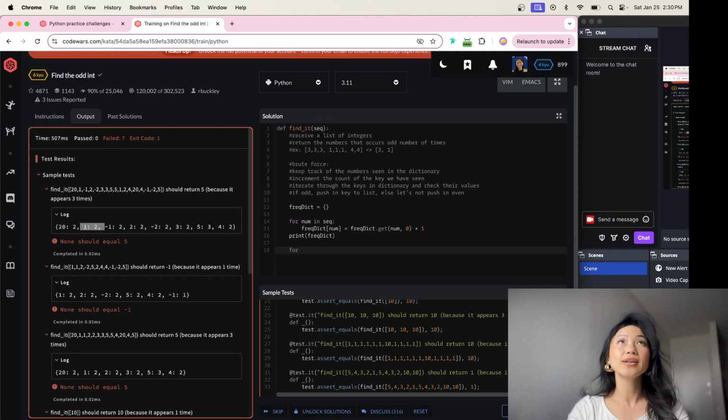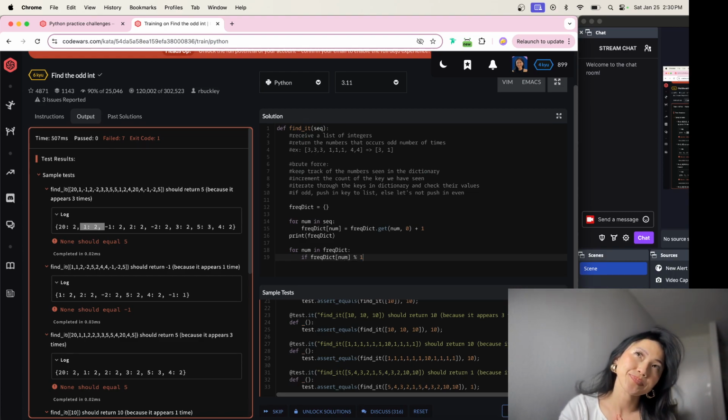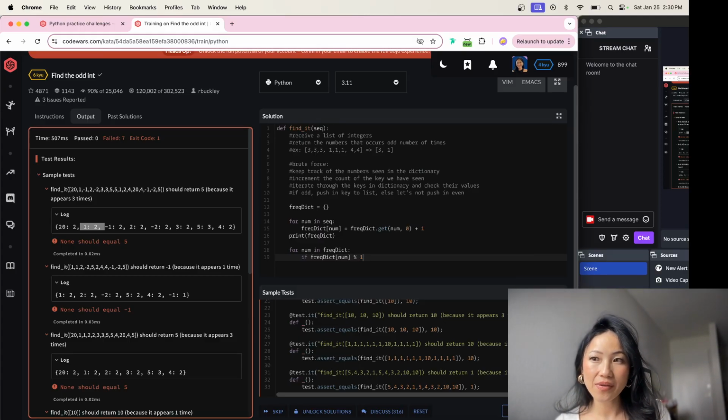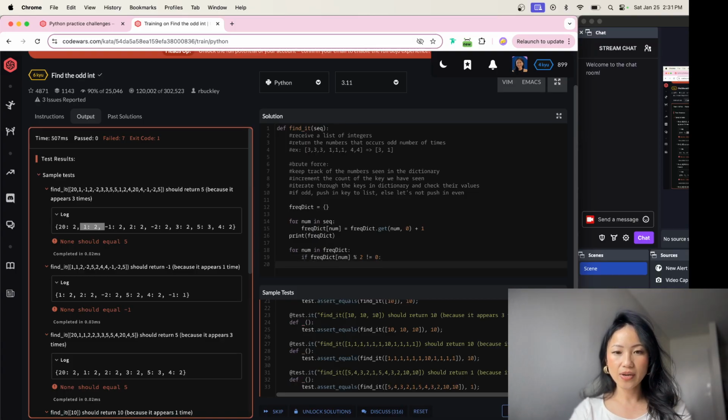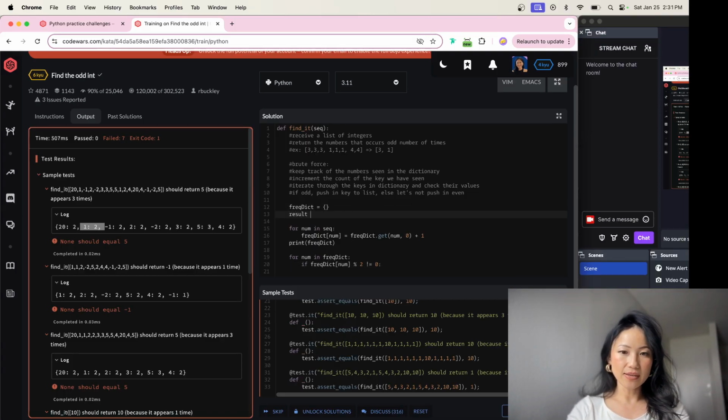So for num in dictionary, if dictionary of num mod 1, because to know if it's odd or even, if you mod it by 2, you can figure out if it's odd. How about, let's do 2. If you mod it by 2 does not equal 0, then we're gonna go ahead, result equals,